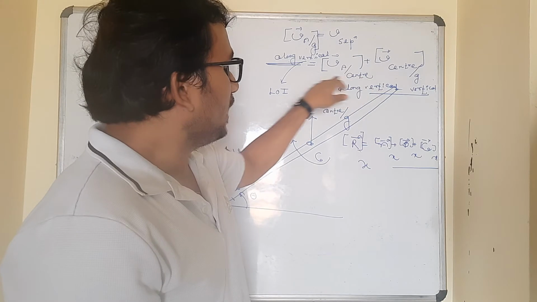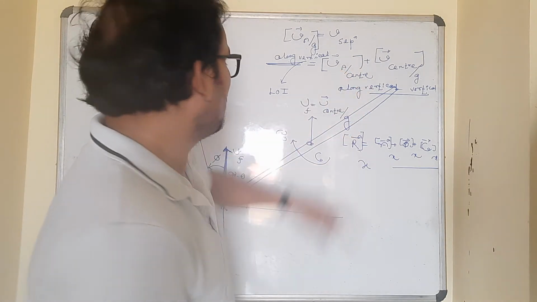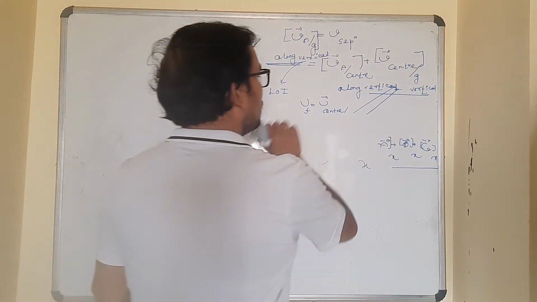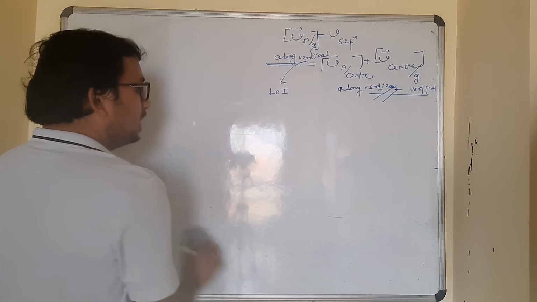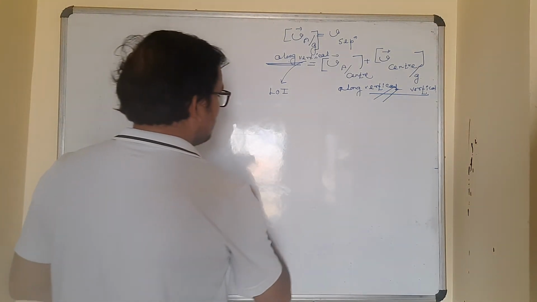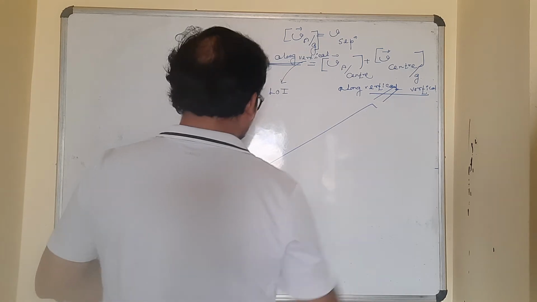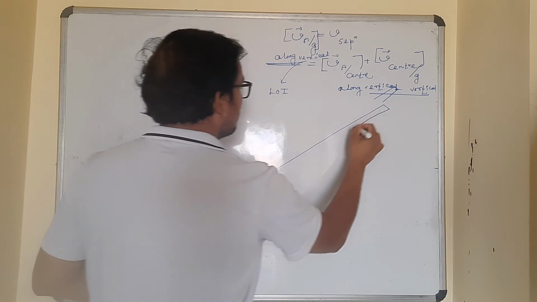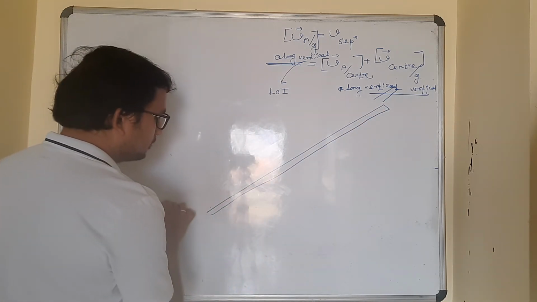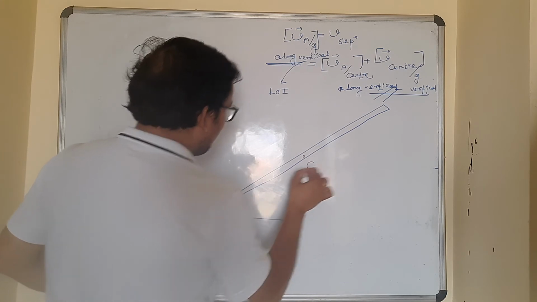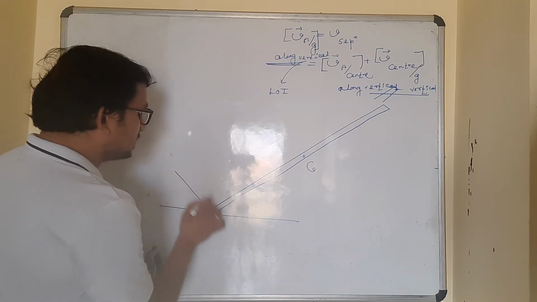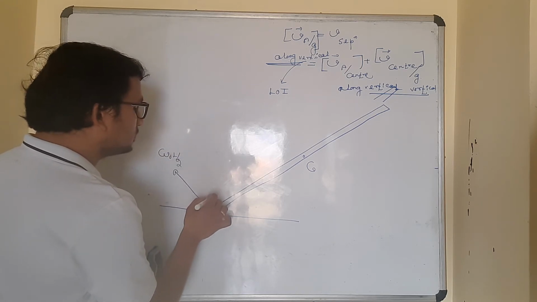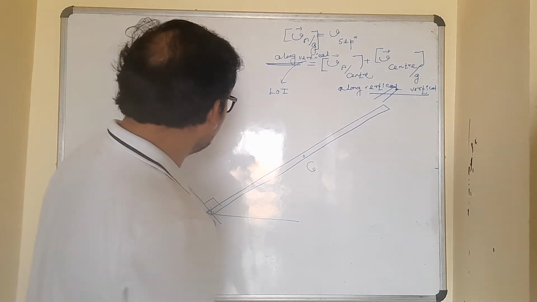So what is the component of value of this? Velocity of wave with respect to center. What is that? Omega L by 2. And that is making how much angle? Let me redraw the diagram again. So velocity of wave with respect to center is omega L by 2 in the direction perpendicular to the rod. Yes, in the direction perpendicular to the rod.